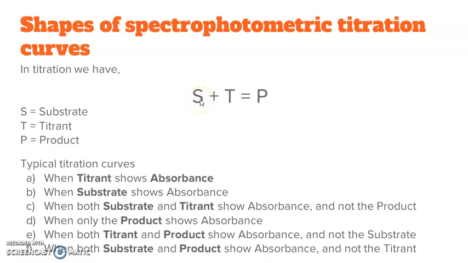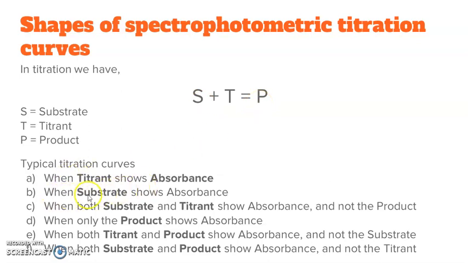What I have mentioned previously was, if there is an absorbance, if the sample is colored, then we usually go for the spectrophotometric measurement. And in titrations, in most of the cases, there is involvement of color. So there are some cases where this basic equation may end up having different titration curves. I would like to show you the first typical titration curve where the titrant has absorbance. I mean to say, only the titrant has color and shows absorbance, whereas the substrate and the product do not have any absorbance. That would be the first instance.